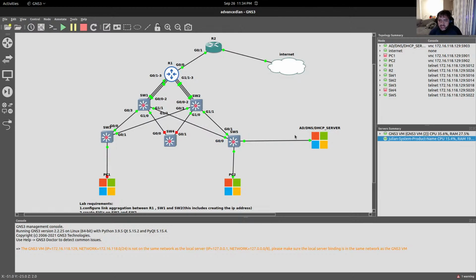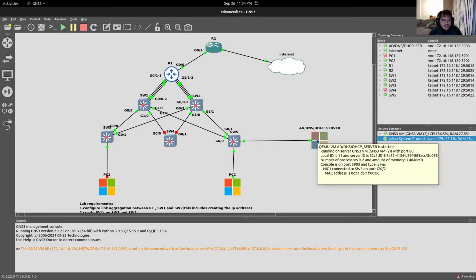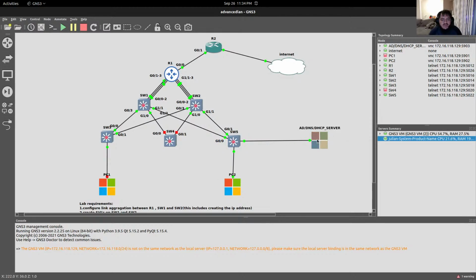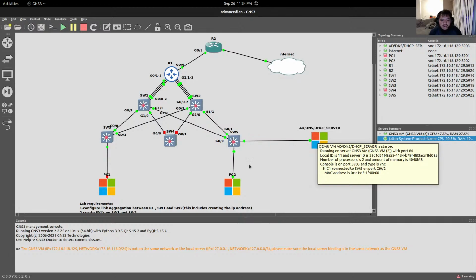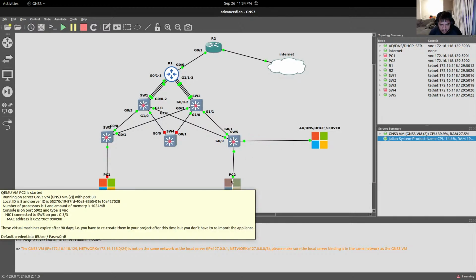So I've added a Windows 2016 server over here. I have a client over here. They're part of the same VLAN. Later on a different day I want to add this one onto a different VLAN, the VLAN 10, and I'm gonna add this to create another DHCP pool for VLAN 10. But for now I only have one DHCP pool for VLAN 20, and right here I have it. Right here is the client,